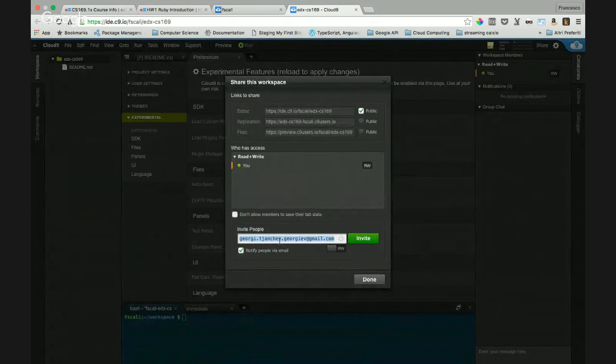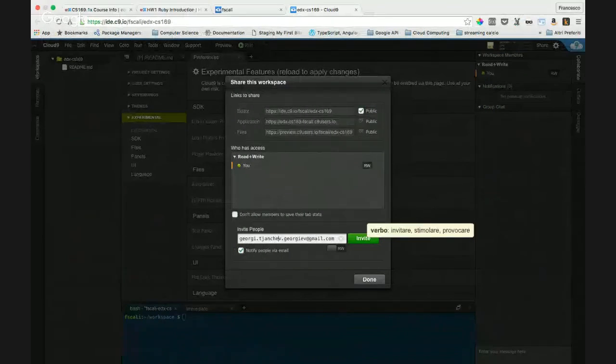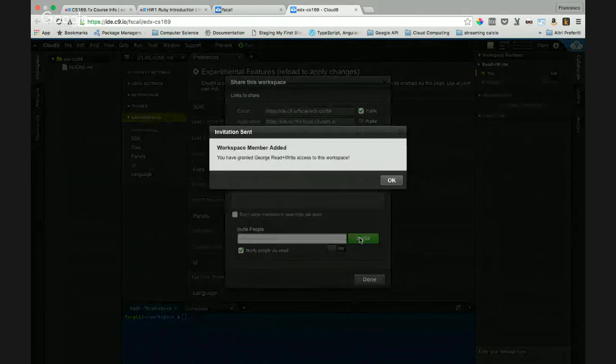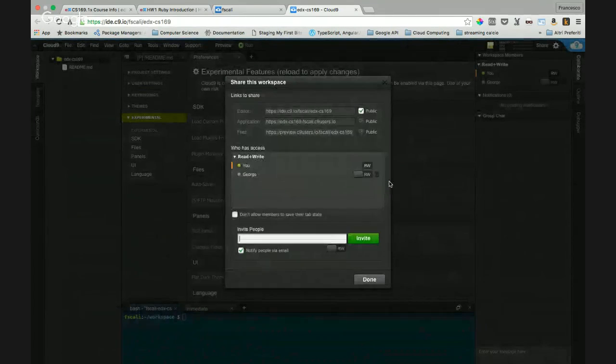It says it doesn't exist. Perhaps is it correct, this address? Wait a second, I'll give you the username then. Can you try this? Okay, you should have read and write access now.